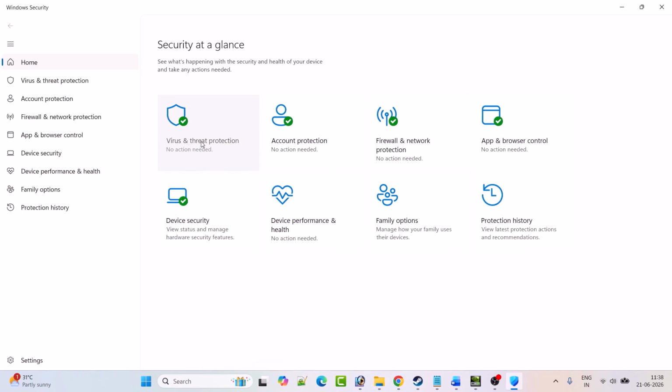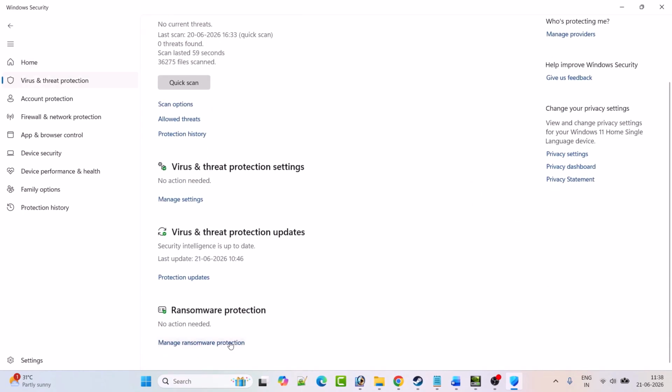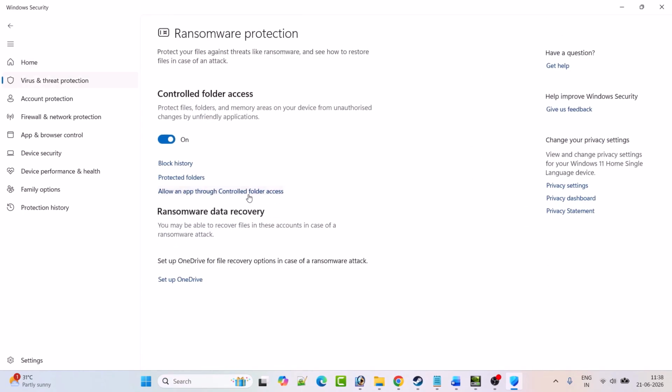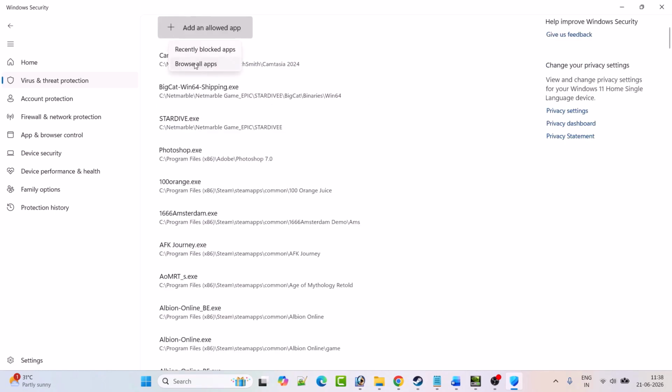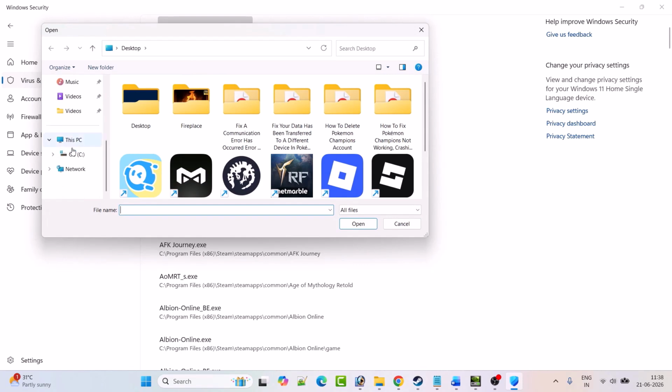Then click on virus and threat protection. Scroll down, click on manage ransomware protection. Click on allow an app to control folder access. Click yes to allow. Click on add an allowed app, browse all apps and then browse to the game installation